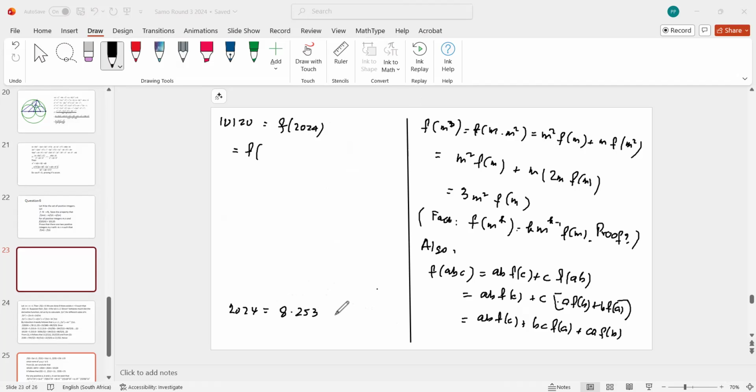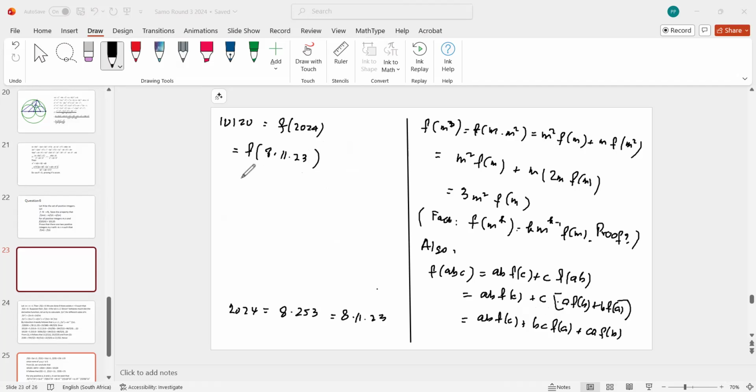And you get 253. 253 is 11 times 23. So I can write this as a product of three numbers. So 8 times 11 times 23. Okay, and now we can use